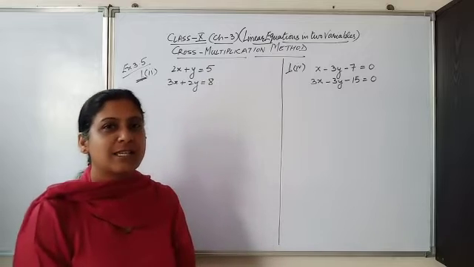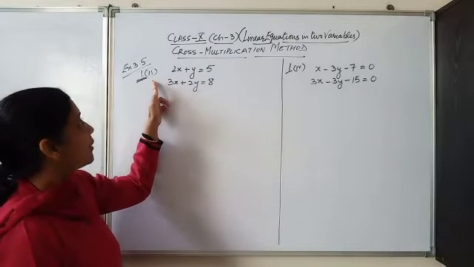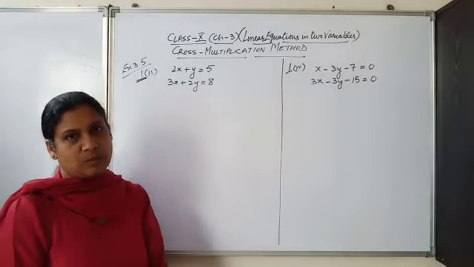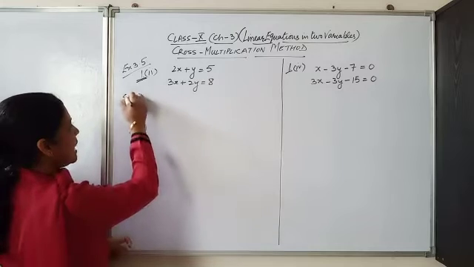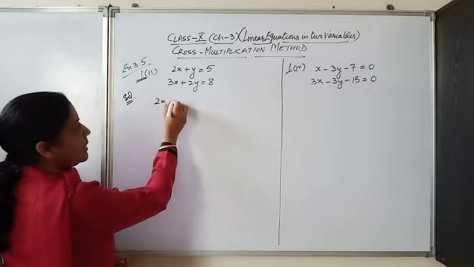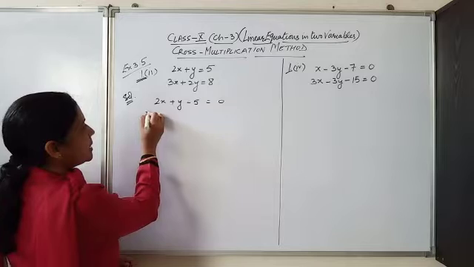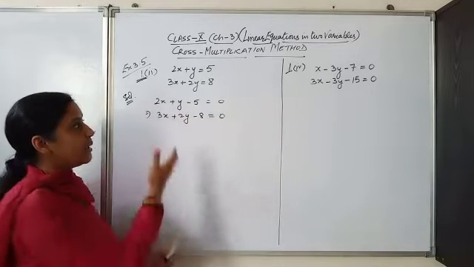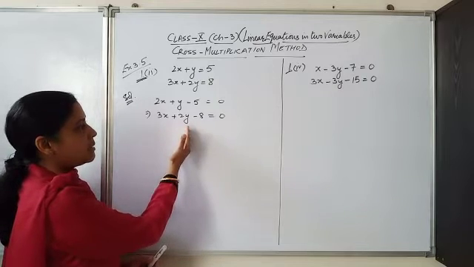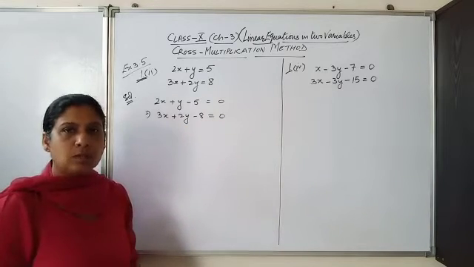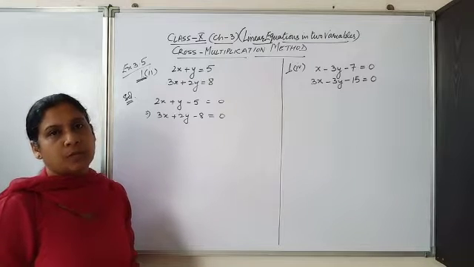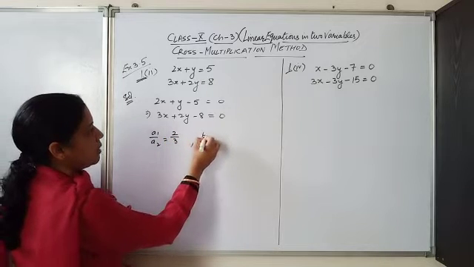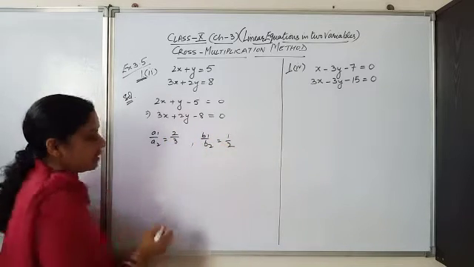So let's start with today's video. I have taken question number 1, second part of exercise 3.5 for using the cross multiplication method. I would suggest you always start the solution by shifting the constant to the left hand side so that your equations are of the form ax plus by plus c is equal to 0, which is the general form of a linear equation. Then you must do the comparison of ratios, because when you compare the ratios, what is